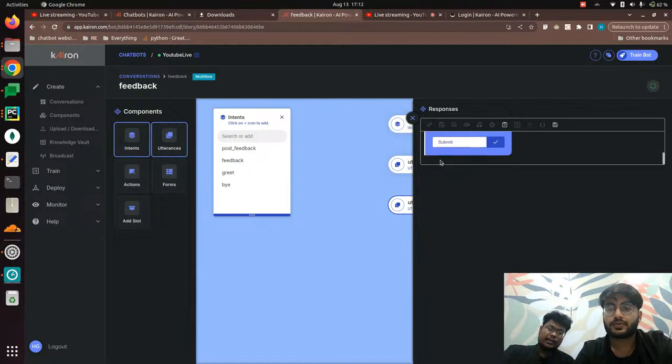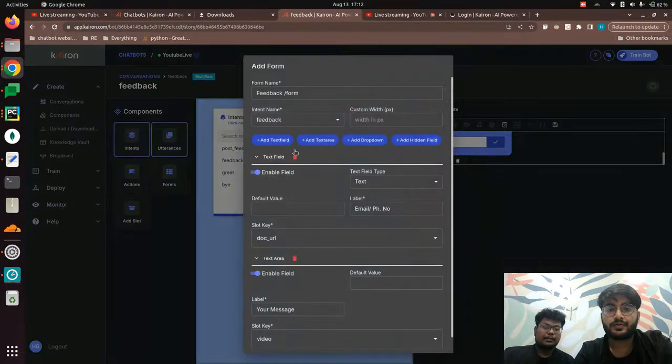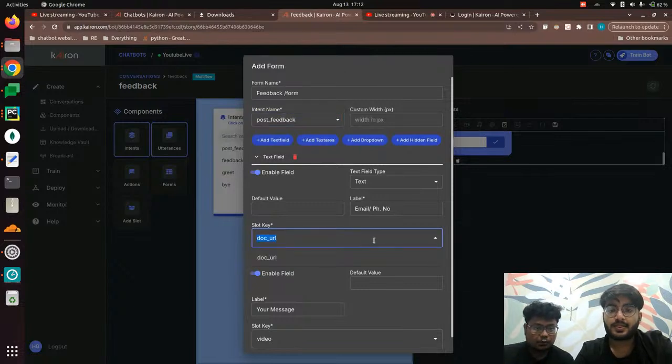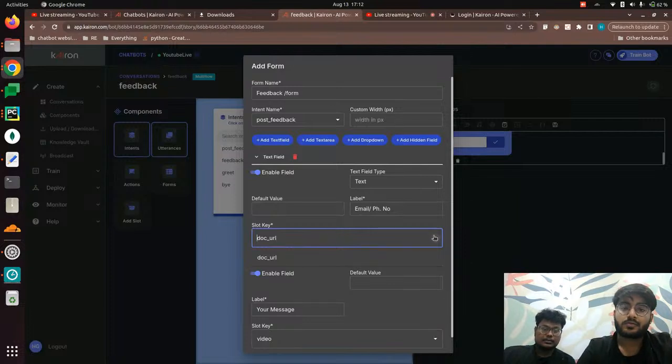So basically, you give an intent: I want to give the feedback. Then it comes to utter feedback. Utter feedback is going to say, please provide the feedback. And now the actual feedback form. So the intent name, the post feedback, will be triggered once the form has been submitted. And the slot key which you are seeing is the slot in which